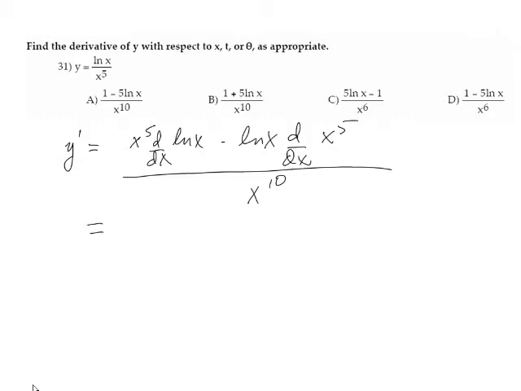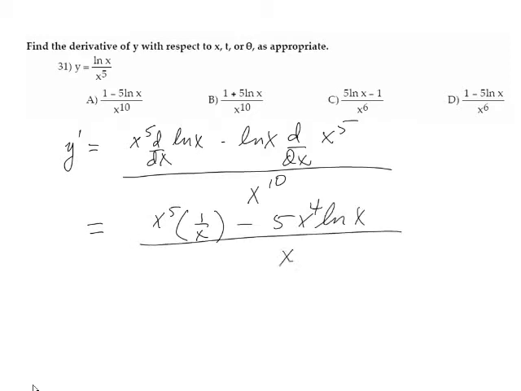This is equal to x to the 5th times 1 over x minus 5x to the 4th ln of x, all divided by x to the 10th,